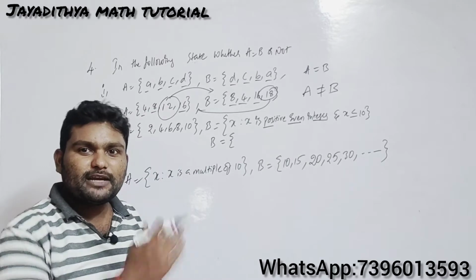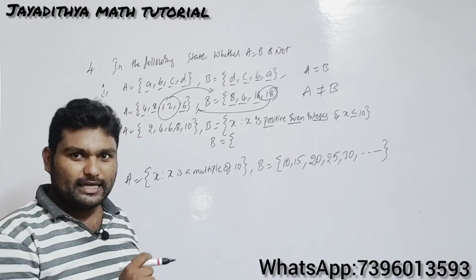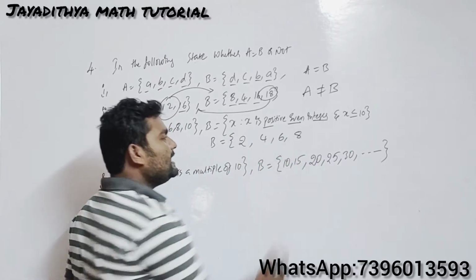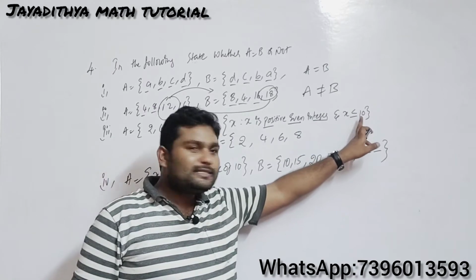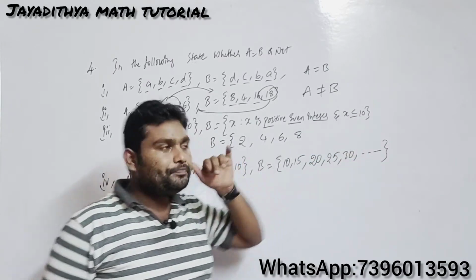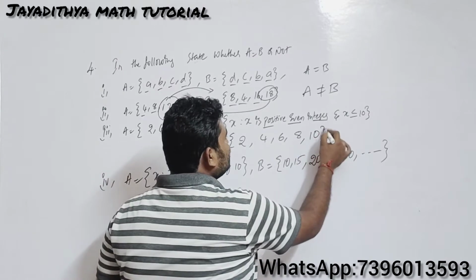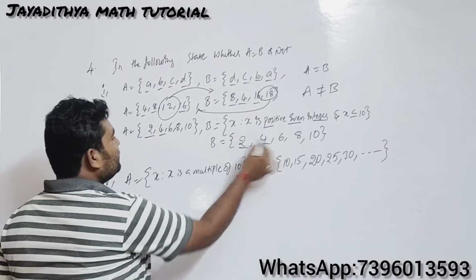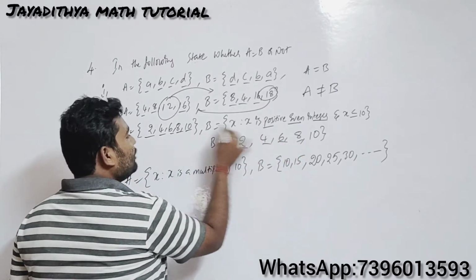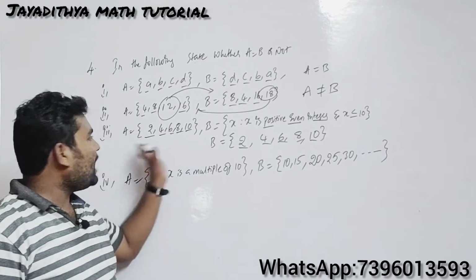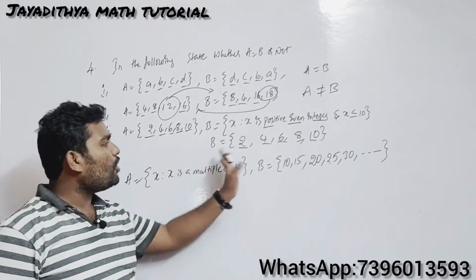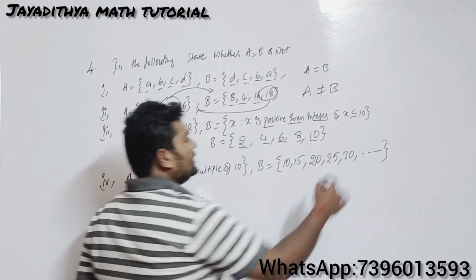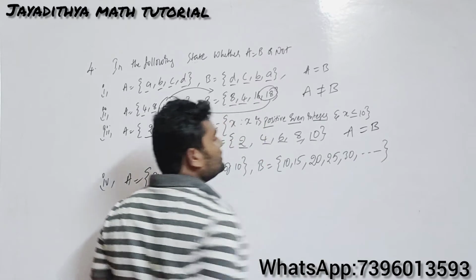So what are positive integers? 1, 2, 3, 4 like that, and we want only even numbers. So what can you write here? 2, 4, 6, 8. It says that X can be less than or equal to 10. So equal is also there, therefore we can take the element 10 also. Now you compare them. 2 we have in both cases, 4 also we have, 6 we have, 8 we have, and also 10. So we have all the elements of set A in set B and all the elements of set B in set A. So what can you comment on A and B here? Both are equal sets. So A is equal to B.